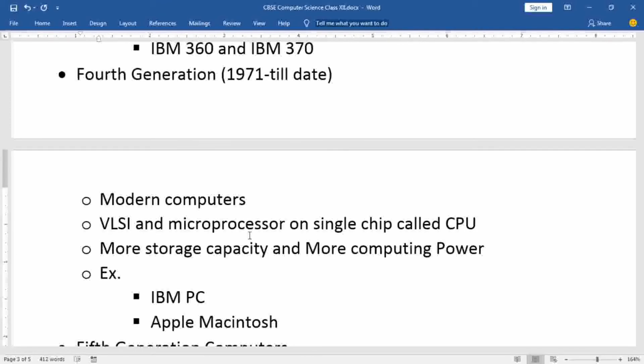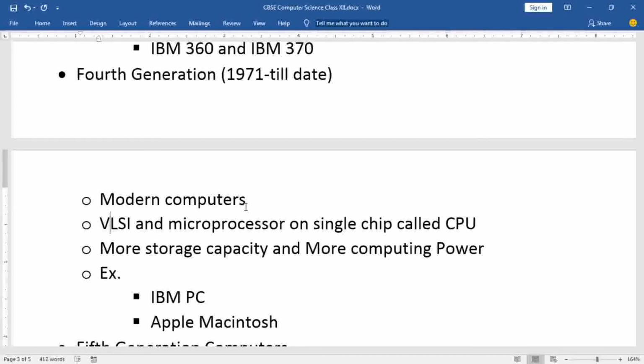Right now we have so many input devices that I have already explained in the input devices and output devices video, which you can also watch. It will be available in the I button, and I will provide you the link in the description as well. You can see which types of input devices are used in modern computers. Basically you are aware of keyboard and mouse. More devices are there like touch screen and light pen. These are the input devices used with this type of computers.